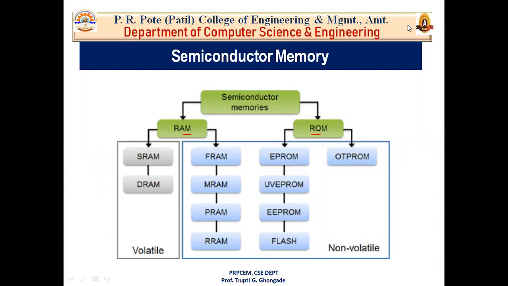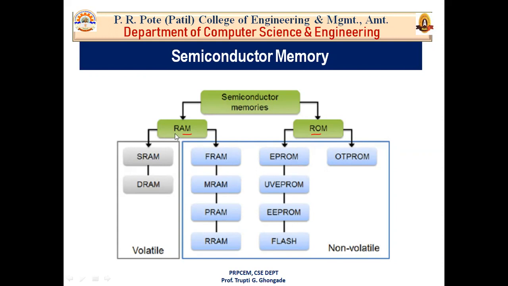In the previous lecture, we discussed the memory hierarchy, and in today's lecture, we are going to study semiconductor memories. So, let's see the definition of semiconductor memory. Semiconductor memory is the main memory element of a microcomputer based system and is used to store programs and data. The main memory elements are semiconductor devices that store the code and information permanently in that particular device. Semiconductor memory is categorized into two types: volatile memory and non-volatile memory.